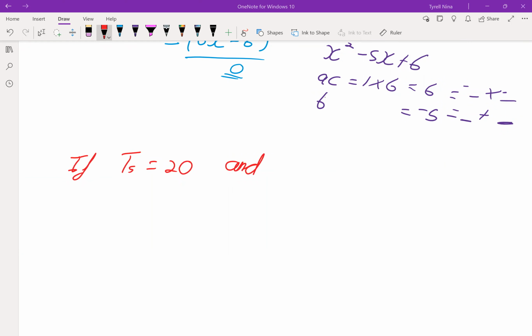It doesn't matter. That's a good question, Shane. If they ask for all the remaining factors, you can list all of them. It doesn't matter. Just for safety's sake, list all of them. So if T5 is 20 and T8 is 31, actually let's do 32 for an AP. Find